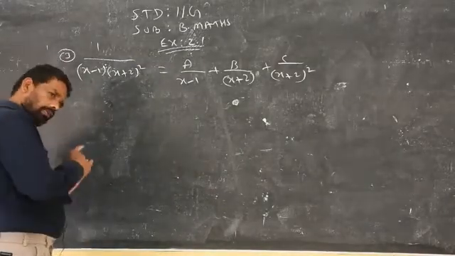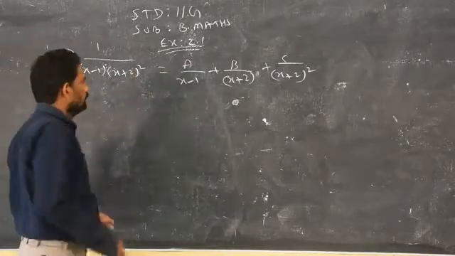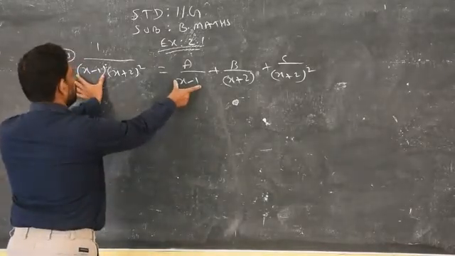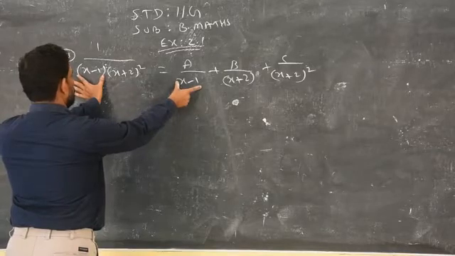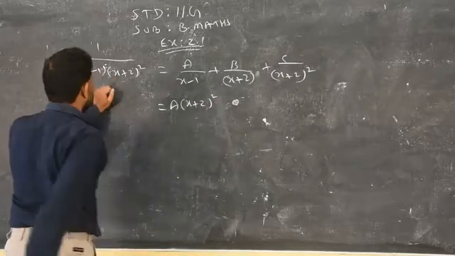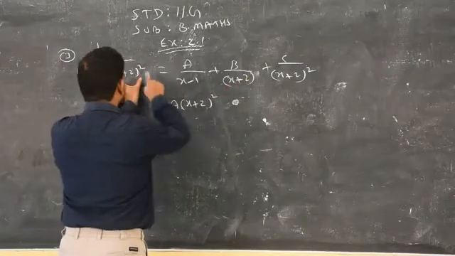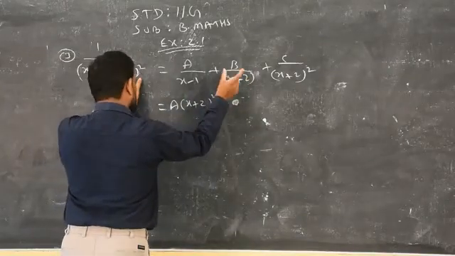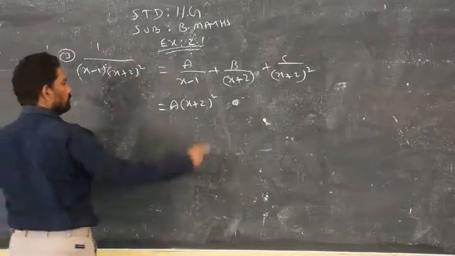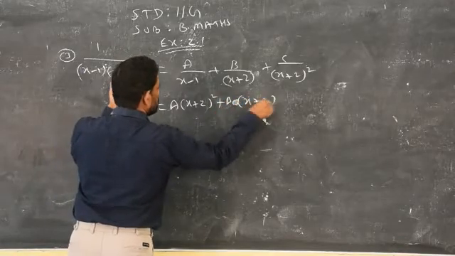I told you already, isn't it? Factorizable ones, factors repeated, non-factorizable ones. See here the factor is repeated. This is the second model. As usual, we compare x minus 1. Leave these two. What is the remainder? A of (x plus 2) the whole square. Compare these two. (x plus 2) power 1, here power 2. x plus 2 is repeated on the right side 1 time, whereas on the left side it is repeated 2 times. So 1 time will be removed. Then you will get only x plus 2.